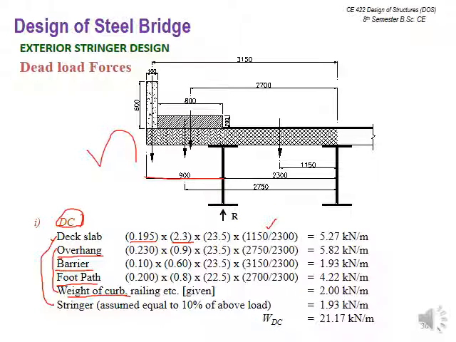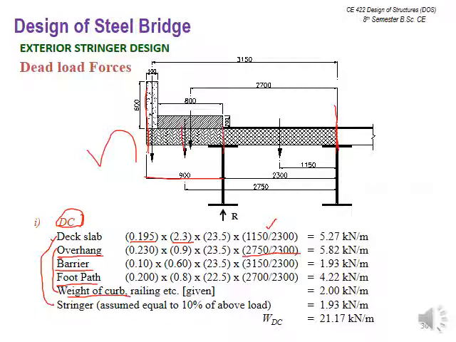23.5 is the density, and this is the ratio of the span that you are considering, the effective span that you are considering, that is 2750. So from the center of the overhang till the interior stringer, actually this is the effective part, from the edge to this. So for each and every individual component you have to go for it, and locate the center. So for the slab, just that particular part of the slab needs to be considered.